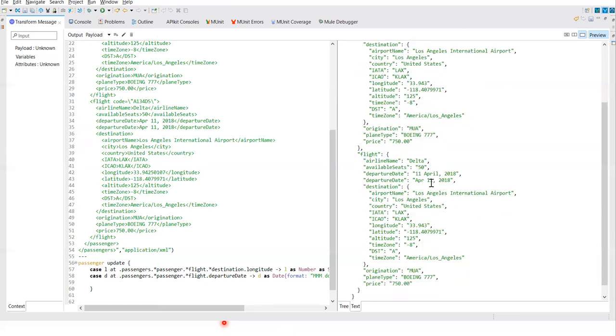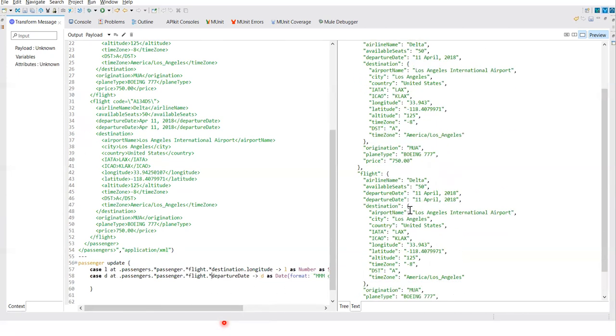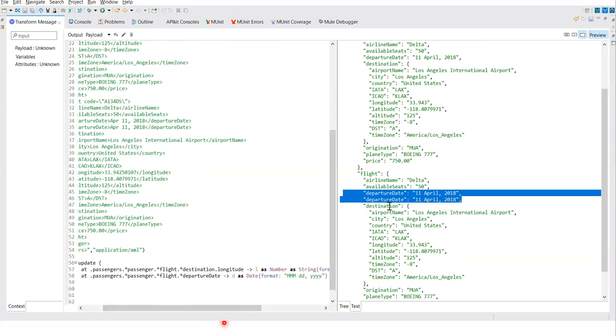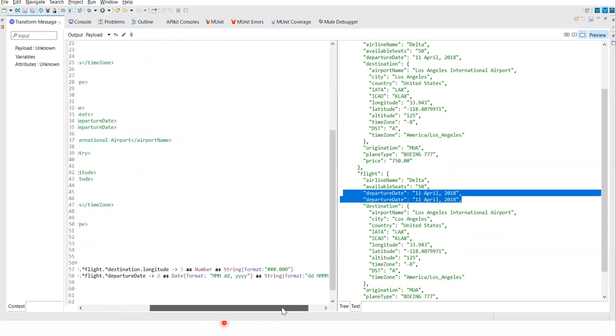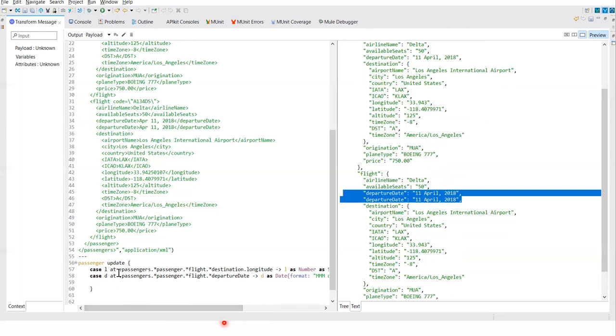So you can see that is applied on this one also, but it didn't apply on this one. Why? So we need to say star, right? There are multiple values or other kinds of structure we can do, but it won't make sense. But I just wanted to show that for any number of departure dates in your flight objects, all that formatting is applied automatically. Okay. Now, when you are using the update operator, you need to be very careful.